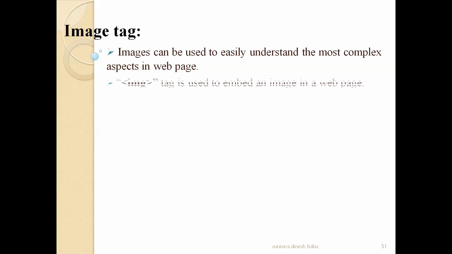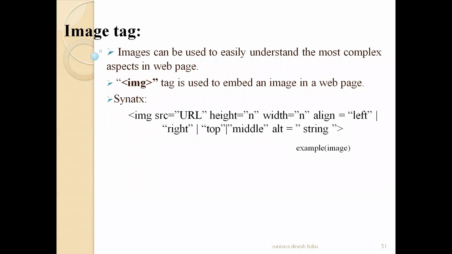So let us look at the second one. As I said earlier, the element which is used to insert images into a web page is called an image tag, and this image tag is described by IMG. So the IMG tag is used to embed an image in a web page. If we want to embed an image into a web page, we have to use this IMG tag. There are multiple attributes for this IMG tag, which we will discuss later. Let us look at the attributes also.